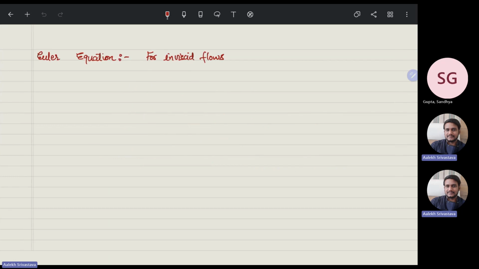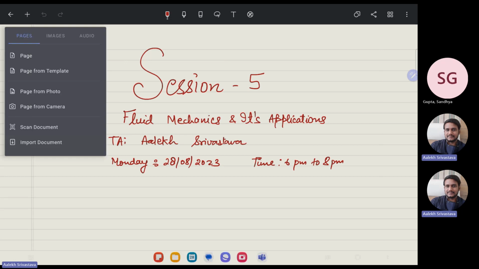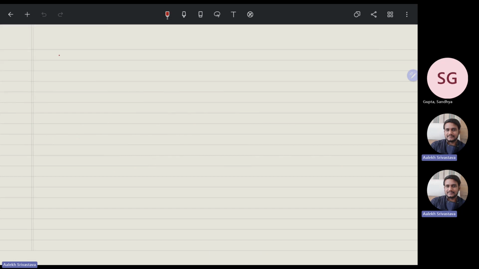So last time we discussed Reynolds transport theorem, Euler equation, and then from the Euler equation we derived the Bernoulli equation. After that we discussed streamlines and streak lines, and stream functions and potential functions